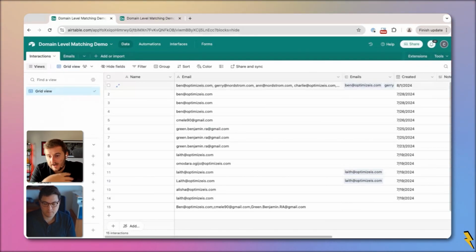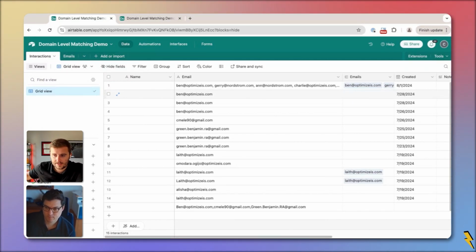I've created automations like this before where the record gets created and then the Make or Zapier or Airtable API term we're trying to do is upsert a record. We want it to find or create, or in some cases update, but we at least want it to go find or create a record in the emails table that matches the email